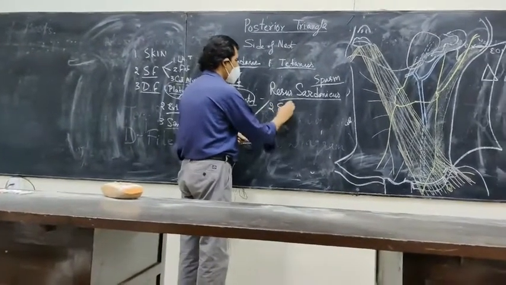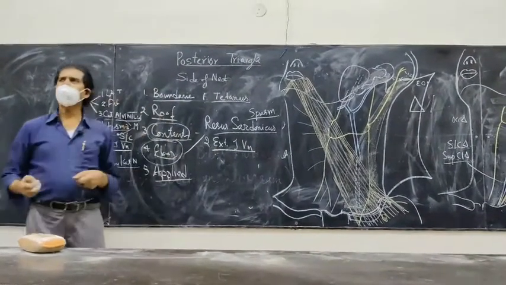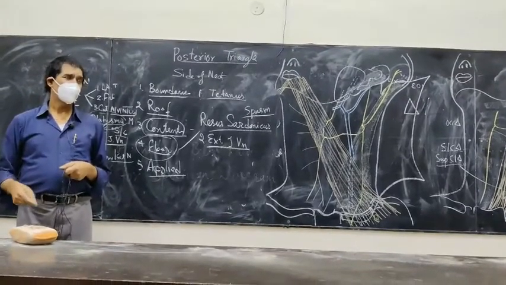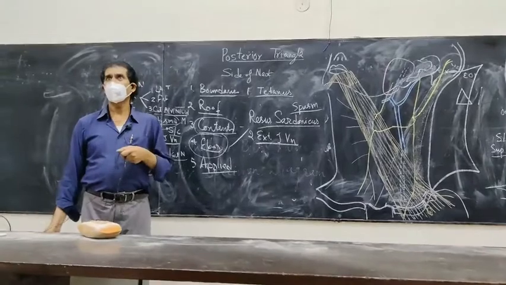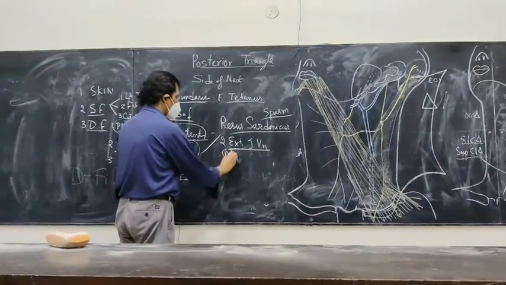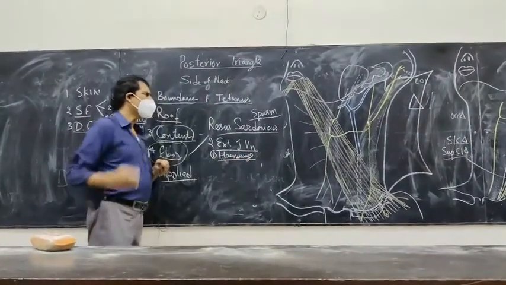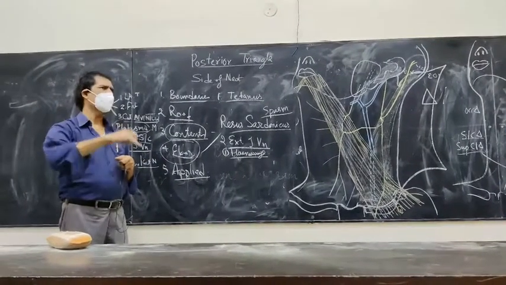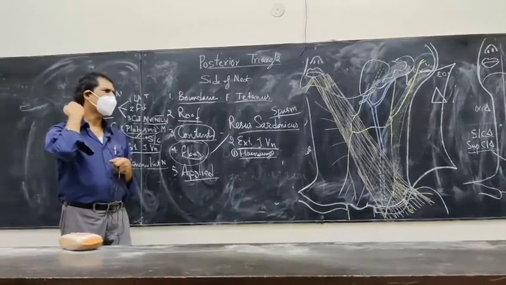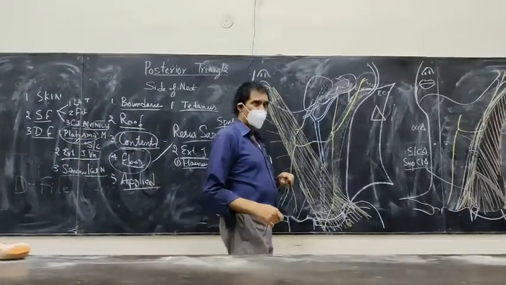Second is the external jugular vein. No doubt it is a very thin and small vein, but it is very important clinically. Five or six points you have to elaborate whenever a question comes on the external jugular vein. Number one is the hemorrhage. This vein is lying just below the skin, and it is very easily cut in a roadside accident or bullet injury or cut injury. Then the bleeding is very profuse.